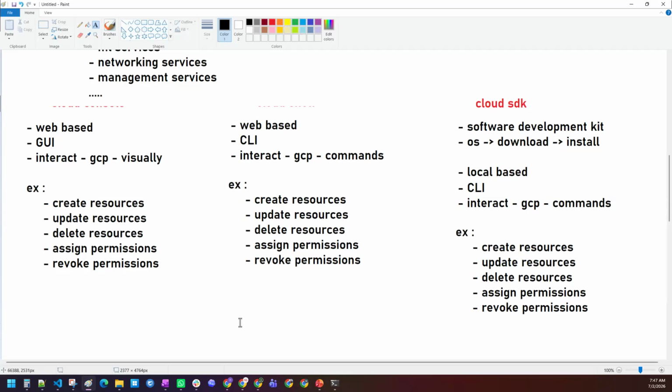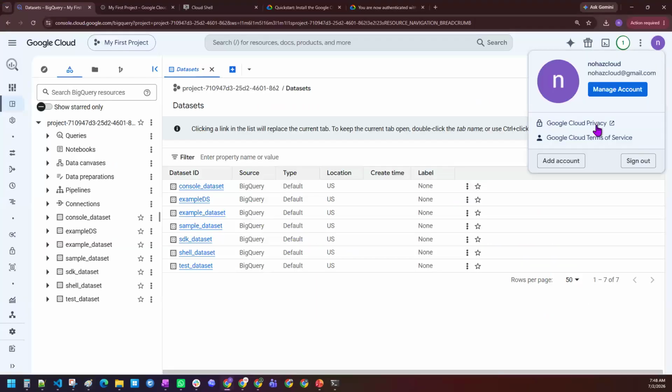Yes, Devender, you have any question? That's authentication. Do not compare the authentication with interaction method, right? Authentication is that one can use the user account to log into the Google Cloud platform. One can use a service account too. So that is authentication to interact. Authentication is different. Interface method is different.